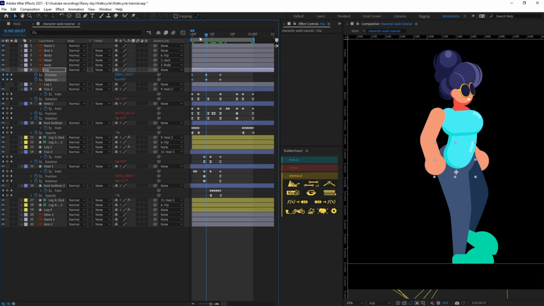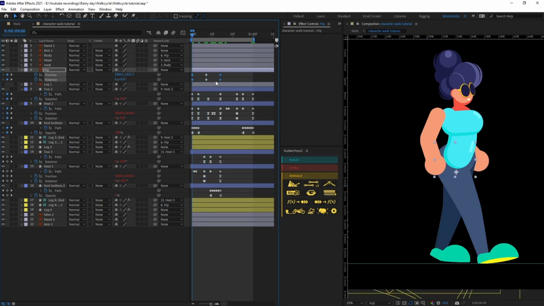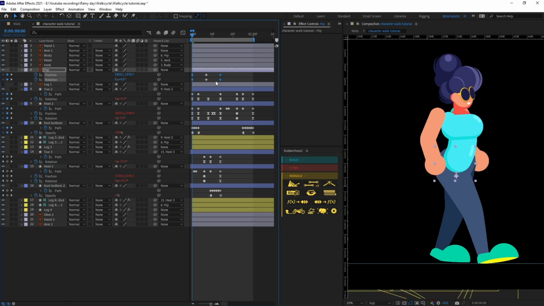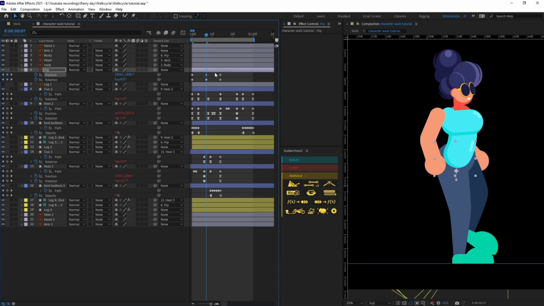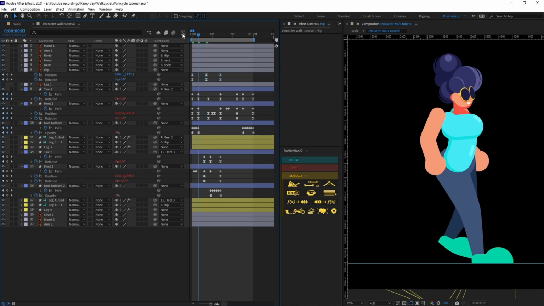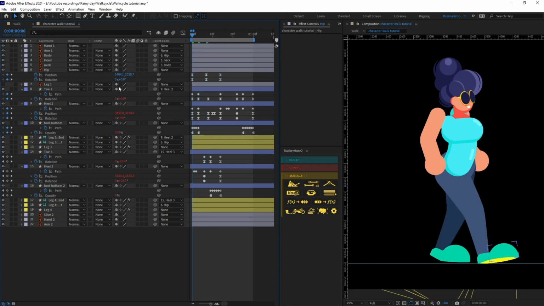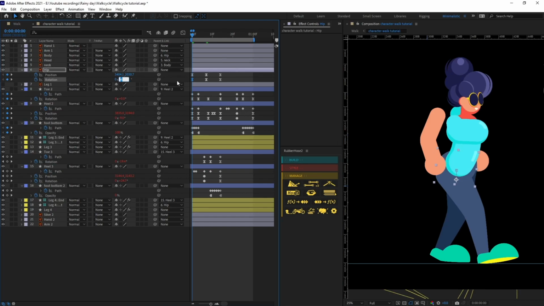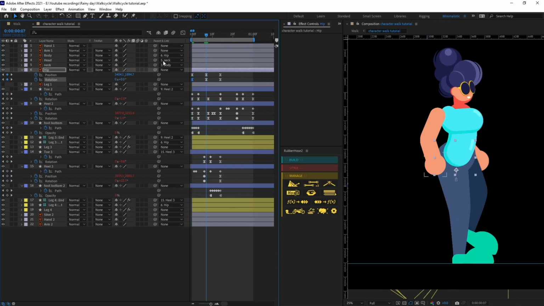Alright, so select both these poses and bring the body a bit down. And at this pose, let's move it upwards a bit. Select the keyframes, easy ease. Also do the same, slightly give some rotation. At this point, we are going to rotate this, not this much. Let's give it 2 degrees of rotation, and for this point, let's give it -1 degree of rotation.